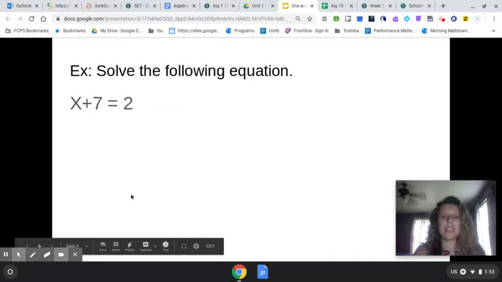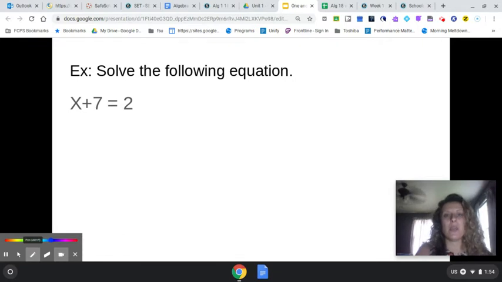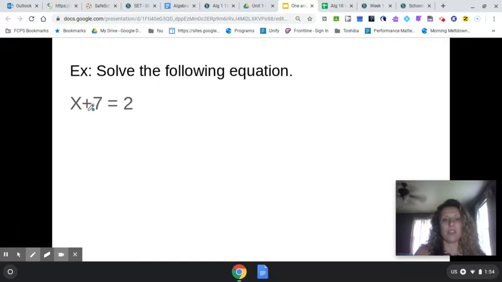All right, so we're going to take a look at some examples together on solving 1-step and 2-step equations. So this first example reads x plus 7 is equal to 2. So notice that I see an addition sign in the prompt. So I have to use the inverse operation of addition to solve this. So the inverse operation of addition would be subtraction. So I'm going to subtract 7 from both sides of this equation,